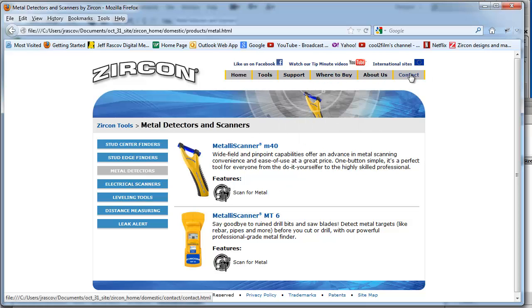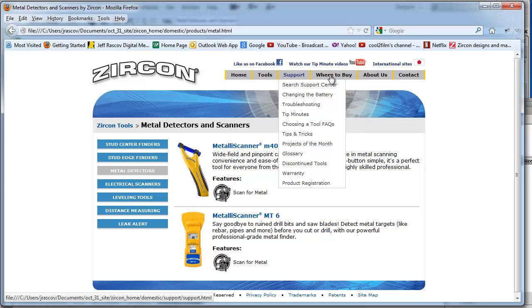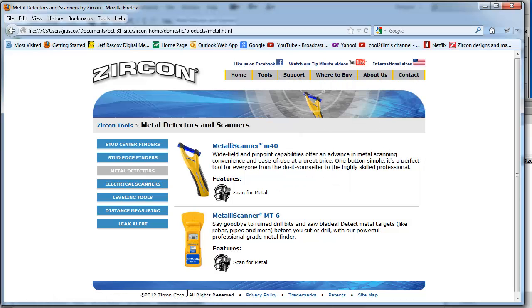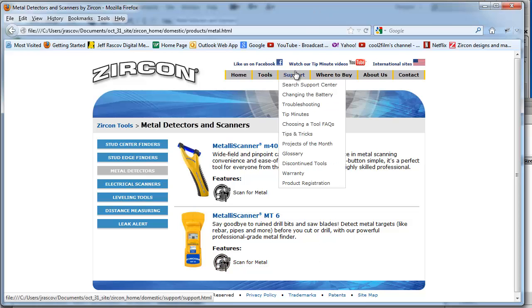But you'll notice nothing really changes. The menu is the same all the time on all the pages. And then the bottom down here where the trademark and copyright is the same on all of them. So if you're doing something like this, it makes sense to use the Dreamweaver template, because it makes it easier to adjust. Like when they wanted to add a new support here, when we were working on some videos,